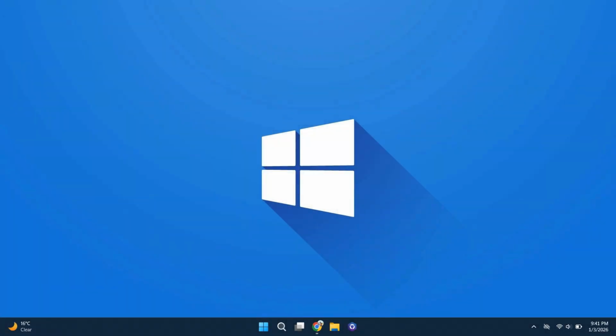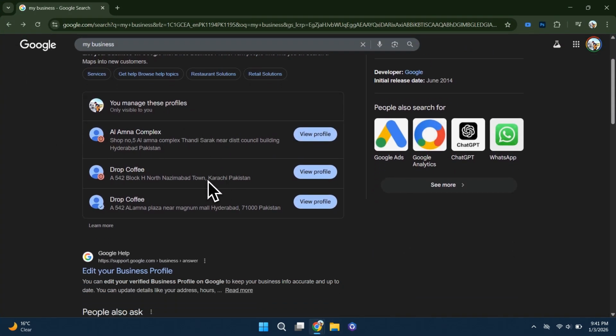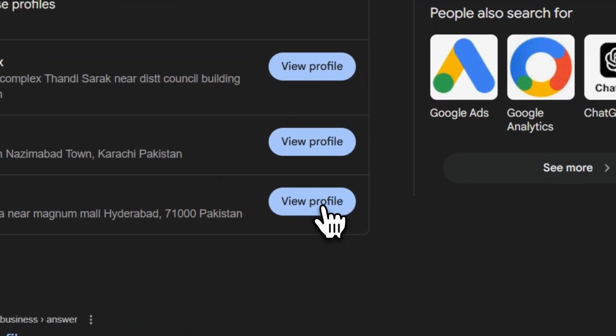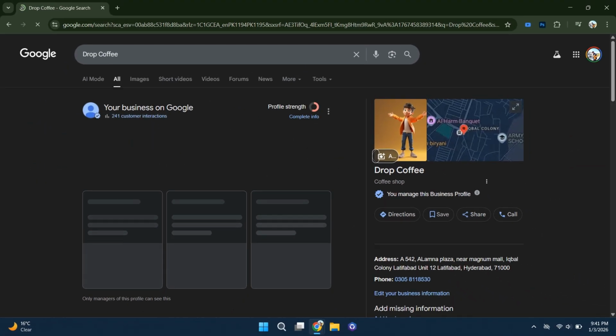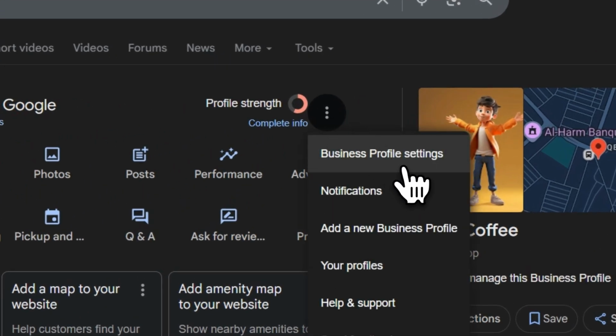So, in order to add a second location to Google My Business, you have to follow these steps. First, go to Google and type My Business, then sign into your account. Once you're logged in, click on your business profile and select View Profile. Inside your business dashboard, click on the three dots in the top right corner and choose Add a New Business